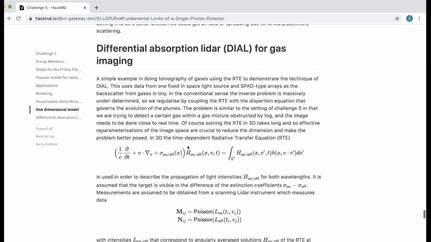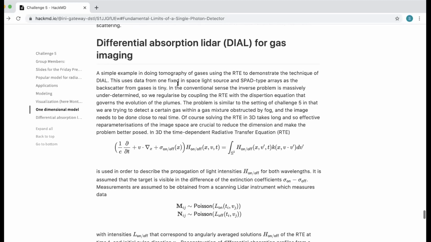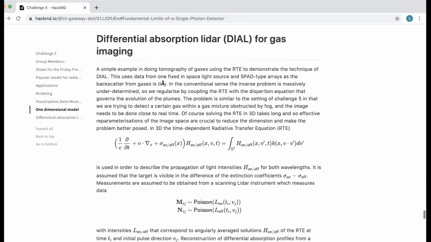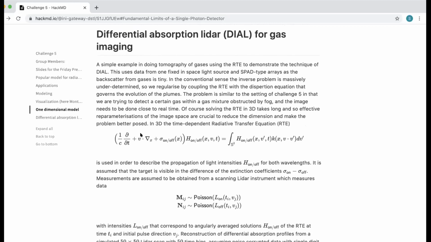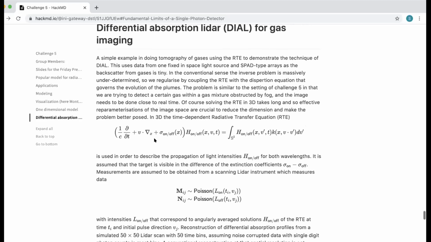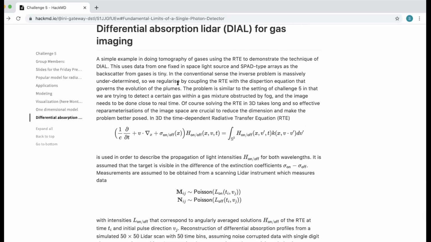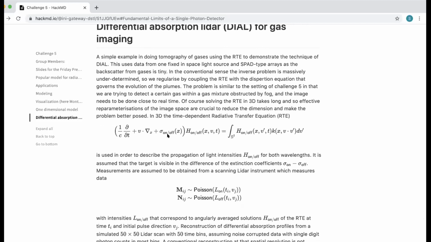There was also another section which was contributed by Nick. Is Nick here? Otherwise, I'll maybe say a few words about it, but this is actually a work by Nick. And it's an example of using the RTE in a certain inverse problem. And there's an additional factor here, which is that there's actually two frequencies which have different attenuations.